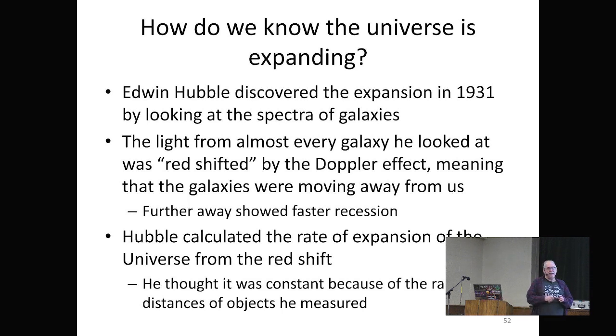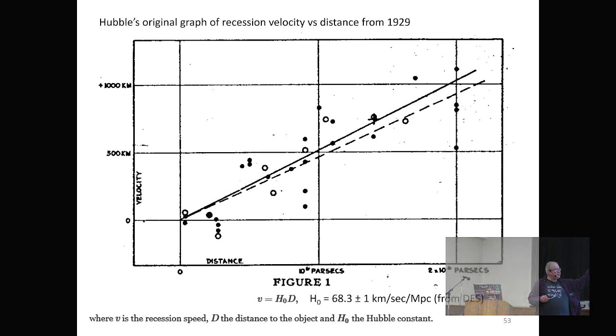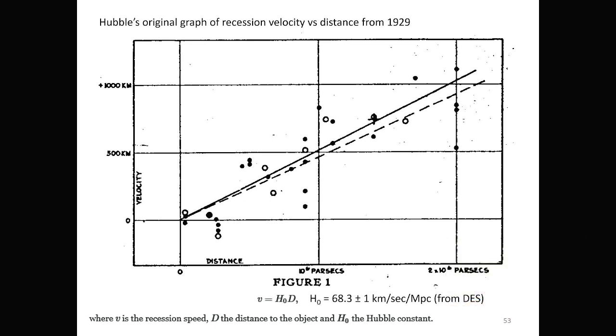And I'm not going to get into the fact that it looks like by different measurements there are two Hubble velocities. But what's more significant, knowing what we know now about the expansion, one of the things that Hubble missed is that since he was only dealing with a small population of galaxies relatively close to us, he missed the fact that there are areas of volumes of the universe that are not expanding at the same rate as others. And that's what, so this is his line where he calculated the Hubble constant of how fast galaxies were receding